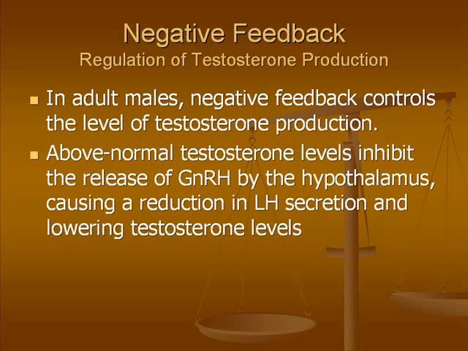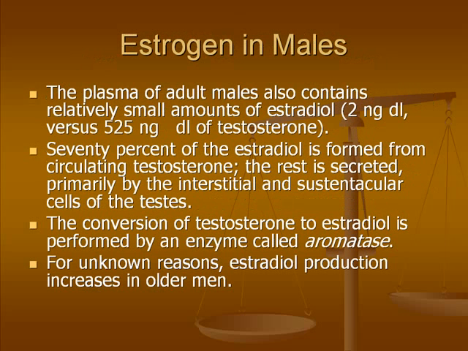In the adult male, there is still negative feedback control to maintain homeostasis in the level of testosterone production. Above-normal testosterone levels inhibit the release of gonadotrophin-releasing hormone by the hypothalamus, causing reductions in luteinizing hormone and lowering testosterone levels. The plasma of adult males also contains relatively small amounts of estradiol, much lower levels obviously than in females. 70% of estradiol is formed from circulating testosterone. The rest is secreted primarily by the interstitial and the sustentacular cells of the testes. Conversion of testosterone to estradiol is performed by an enzyme known as aromatase. For an unknown reason, estradiol production increases in